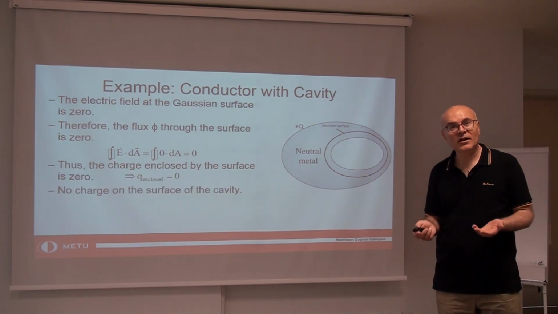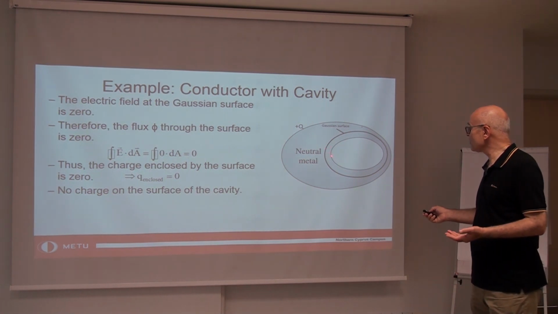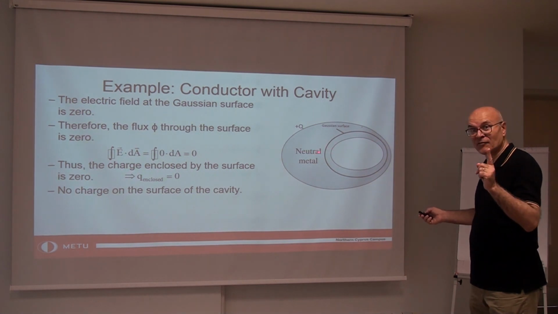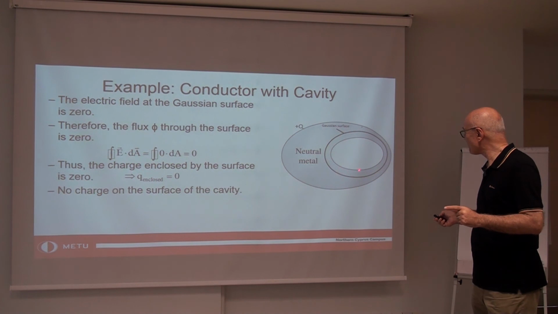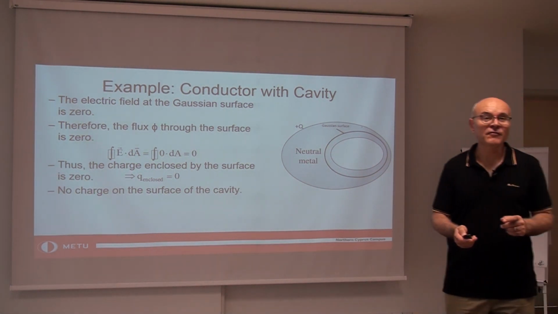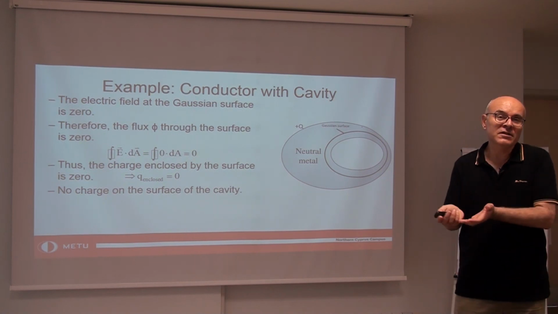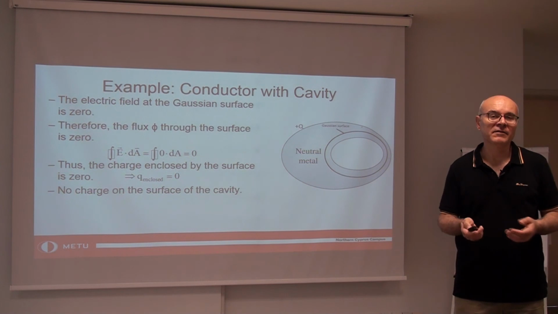So there is no charge on the cavity, because you can take this as close as you like so that it is just above, still in the material of the conductor, so the electric field is still 0 on the surface, but it is just above the inner surface of the cavity, and therefore the only charge that it encloses in this case is that on the surface of the cavity, and there is no charge